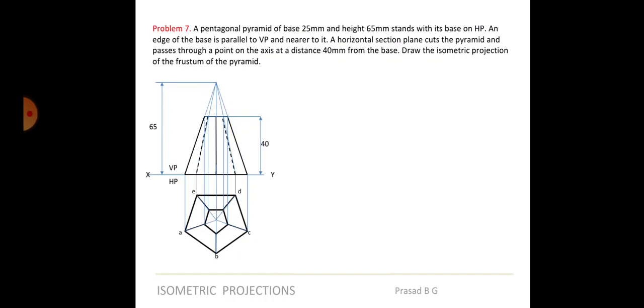If you take true 25, what will happen? If you take 25 and draw, the orthographic view will be correct, isn't it? You will get exact values of the top face as well as the base. But when you are doing it with iso scale, every value should be converted into iso. So 25 line means you are not drawing this 25 only. If you draw this 25, that would cross 30 there, isn't it? So if you take this side as 25 here, iso 25 means how much? It is much lesser, right? So iso means it should be 0.8. So 25 into 0.8 it should be. So every time multiplying the distances becomes complicated.